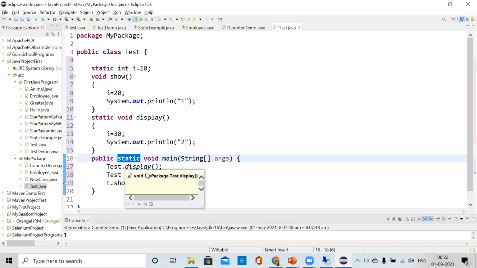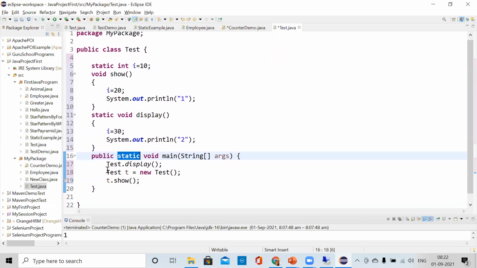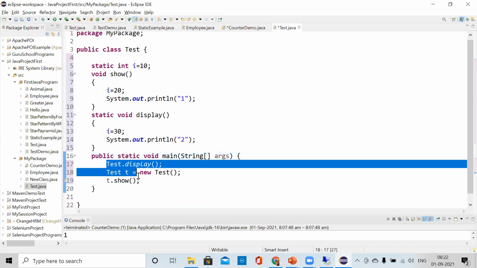We have already seen this. The main method is a static method, and this can call only the display method.